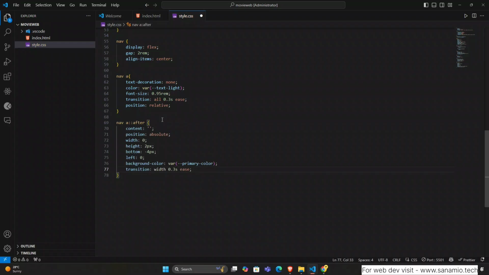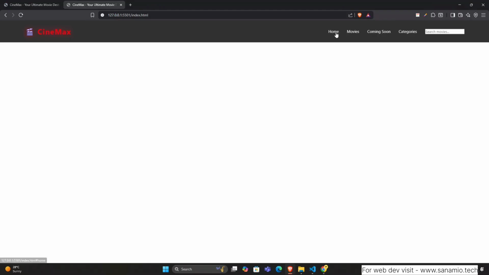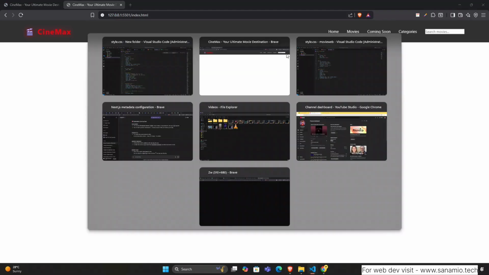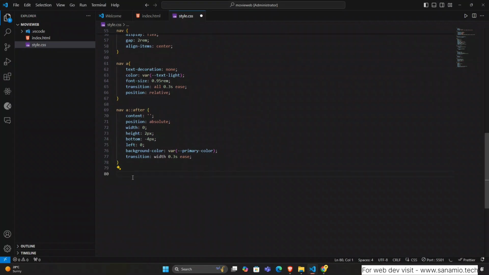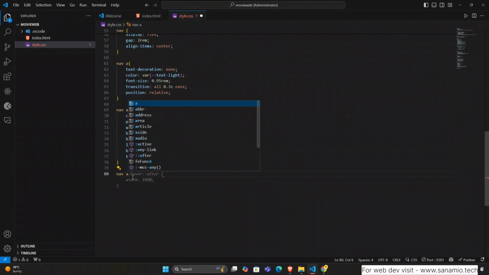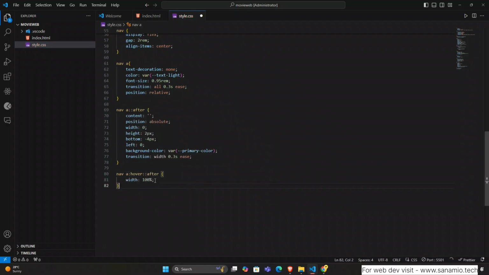Okay, now I can save and check on the server what it looks like. It will not be visible because we need to give some more properties here. We can give the anchor tag hover. It's already giving suggestions. Inside hover, we need to give width 100%. So whenever we hover, the width of the underline will be 100%, and it will appear like this. Perfect. Now we are going to style the search